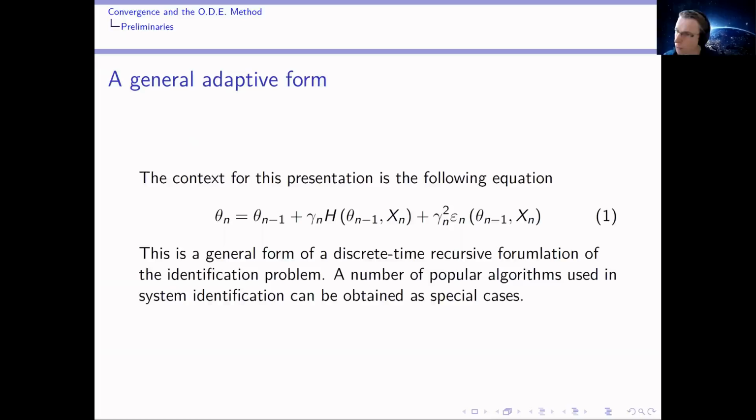So we have a general form. This is a general form of the parameter update equation that's used in many adaptive algorithms. And we'll see how special cases of recursive identification are derived from this form. Now, one observation that may help set the tone for this topic is that there's a correction term here and a gain term. And if you place this previous estimate of the parameter onto the left-hand side, and you were to say that this looks a little bit like a difference equation, then you actually wouldn't be drawing a long bow.